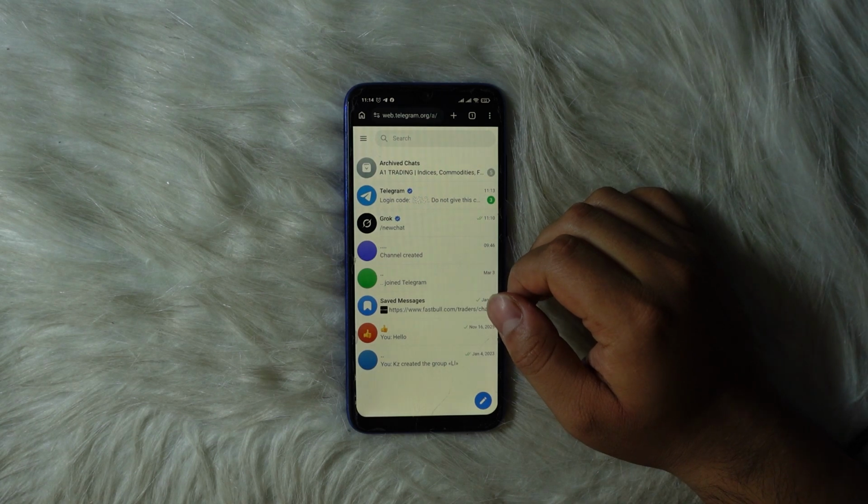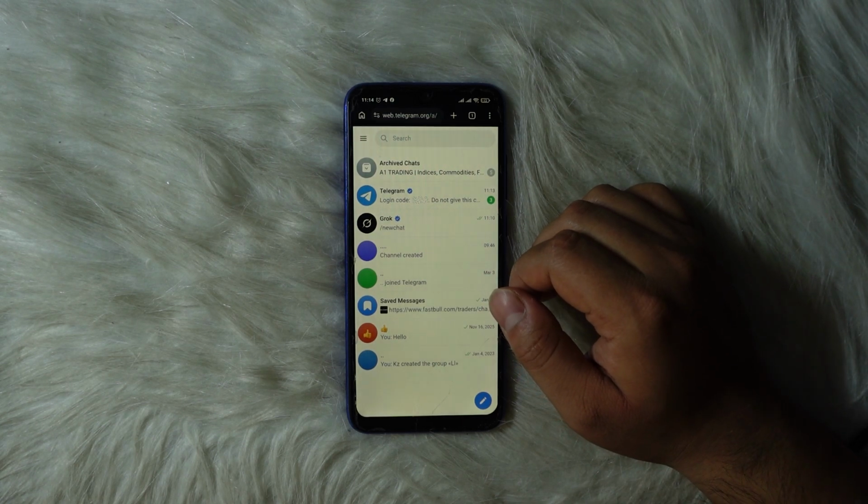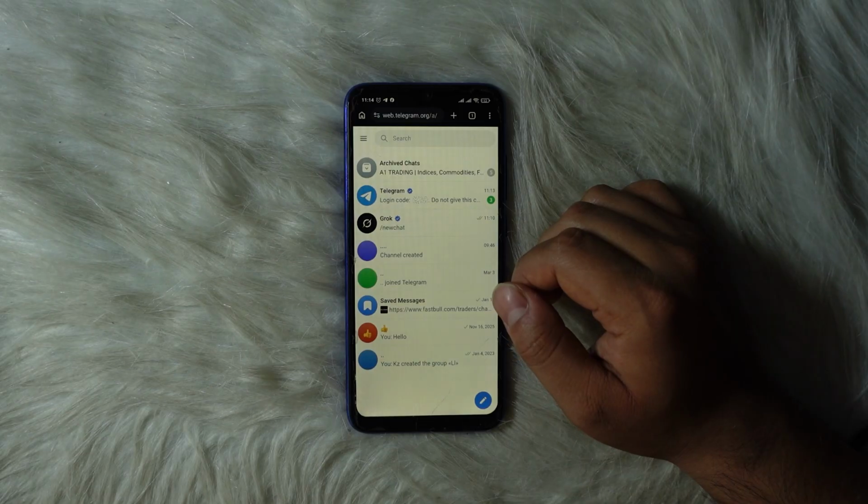In today's video, let me show you the way that you can fix the Telegram channel not loading. So if none of your channels within Telegram are loading, or if it is a case with a specific Telegram channel, in this video, let me show you the way on how you can fix it. Now, if it is a case with a specific Telegram channel, what have happened is because the particular channel has